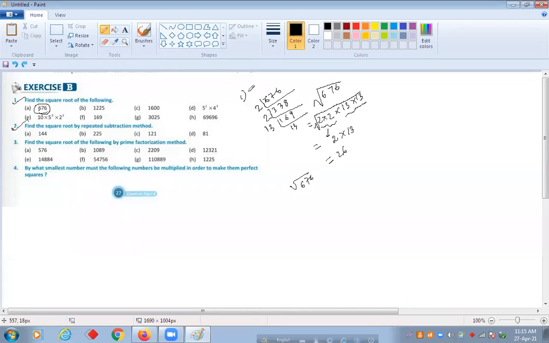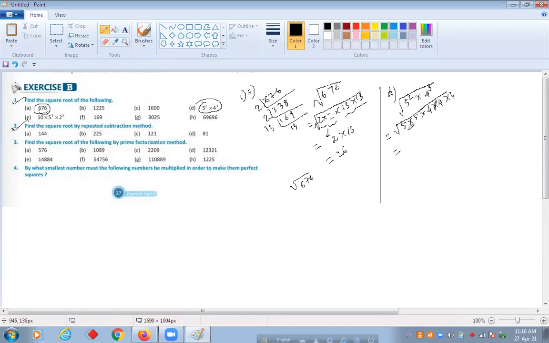Now, one more example. So we will do one more example, that is from here, question number D. Question number D we will also do as an example. See everyone, Somudeep, Devi Prasad, Arsat, you people have joined late. You see that: 5 square into 4 cube. 5 square means 5 into 5, and 4 cube means 4 into 4 into 4. They are asking you to find the square root of this.